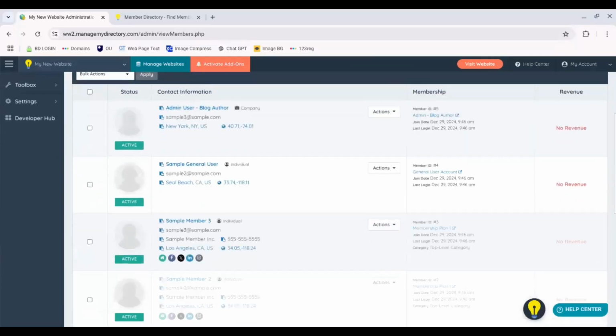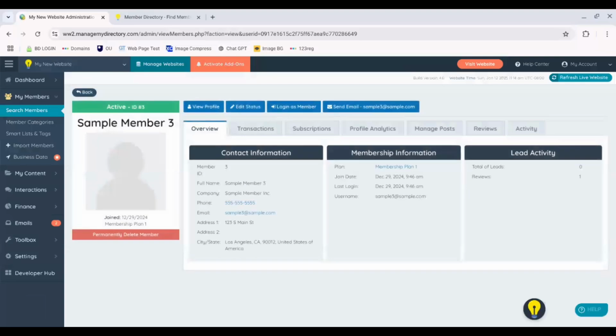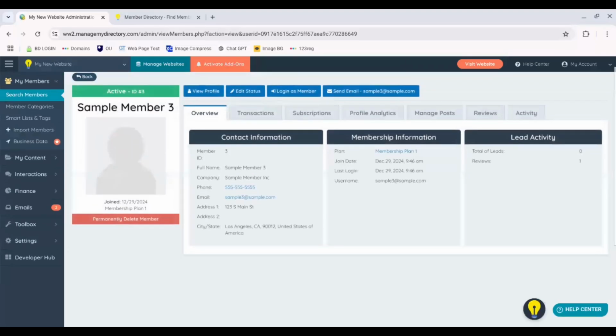When you scroll down and you look at your members, so we've got a sample member 3, sample member 2, and a sample member 1, you've got a list of actions that you can bring up just by hovering on the word actions. But you can also simply just click on the name of the member. So for example, sample member 3, we'll load that up,